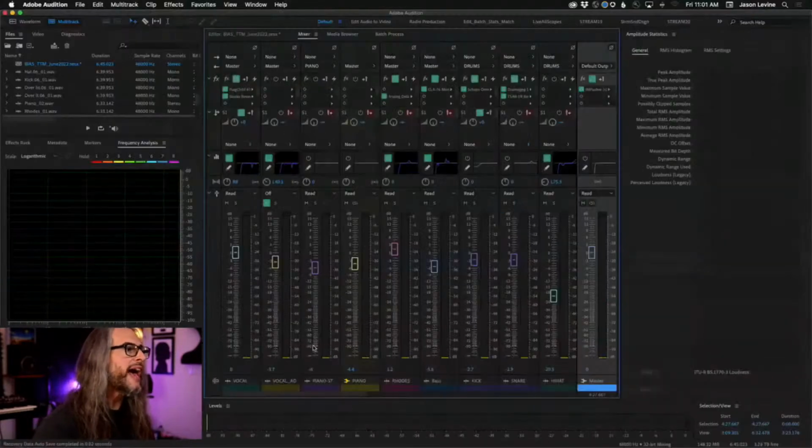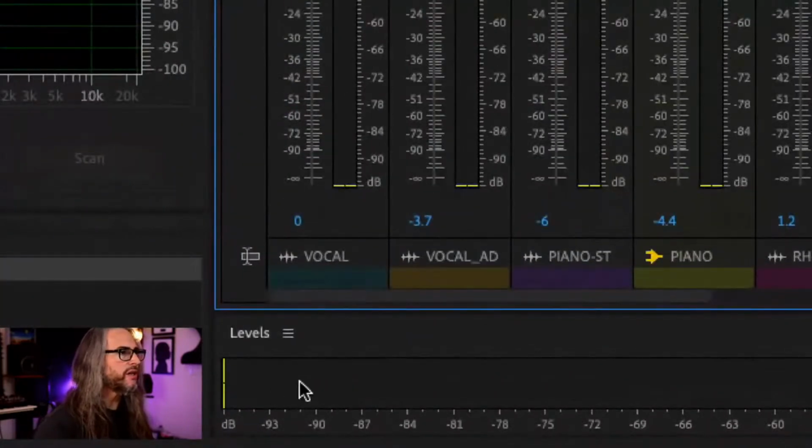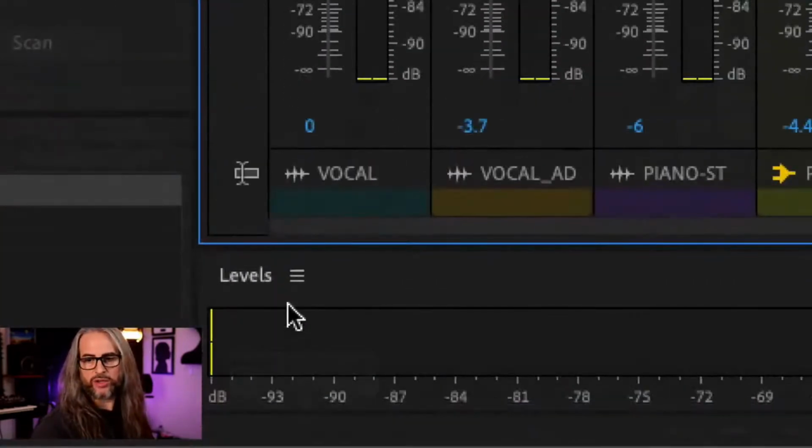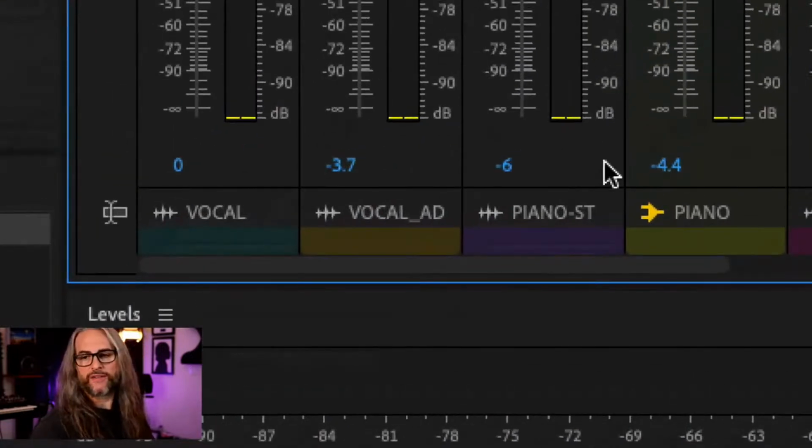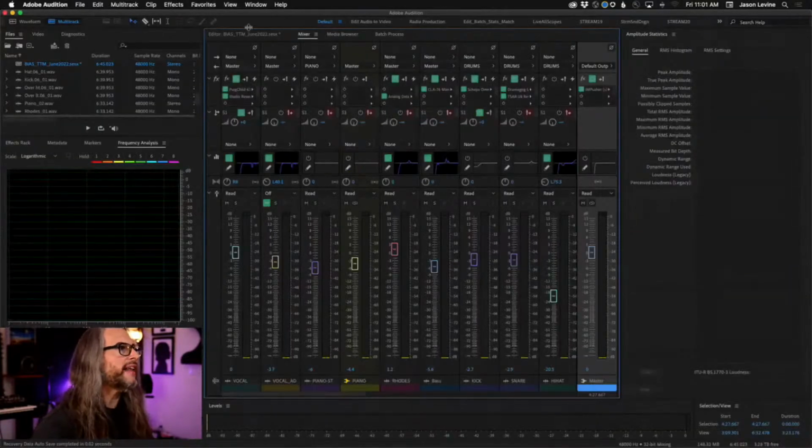And part of the reason for that, and you'll notice, by the way, that it changes the scale immediately, right? So now we're seeing minus 96. Same here on the level meters on our faders, all right? Same thing here. The reason for that is, and if I were to go into,